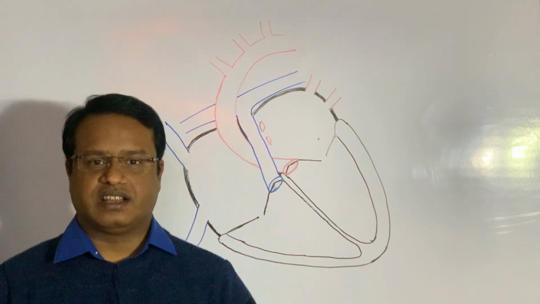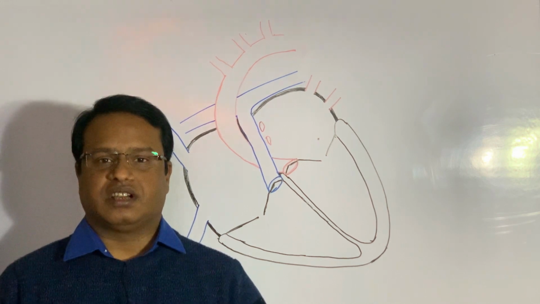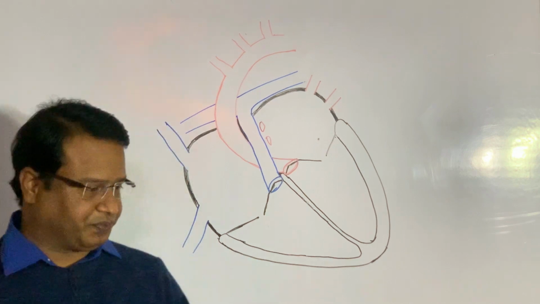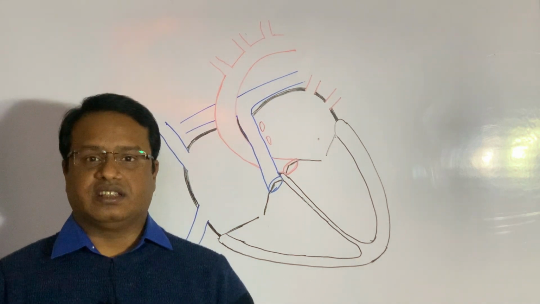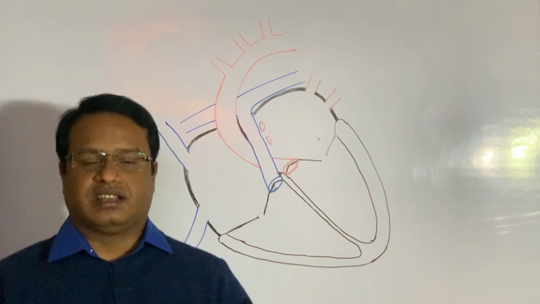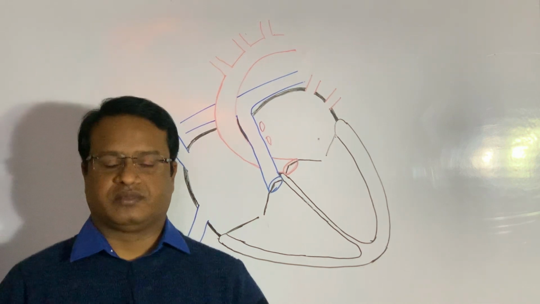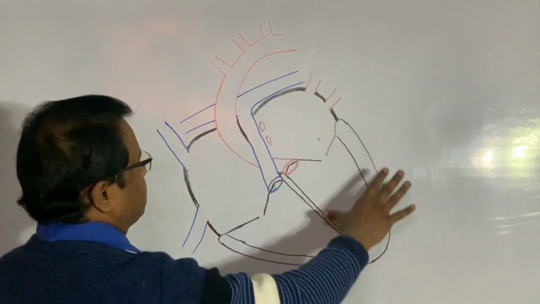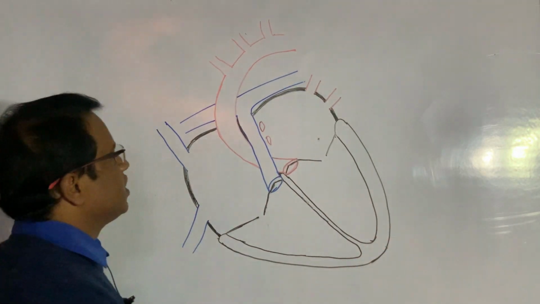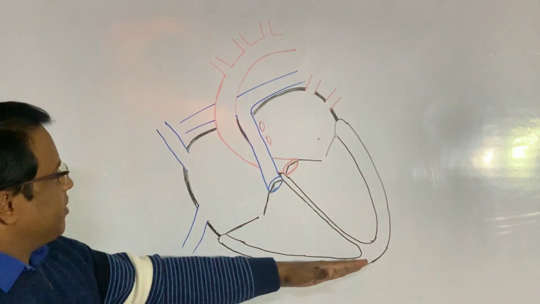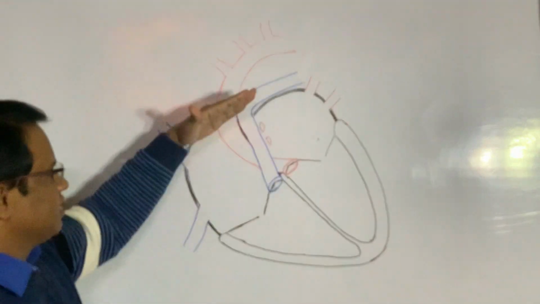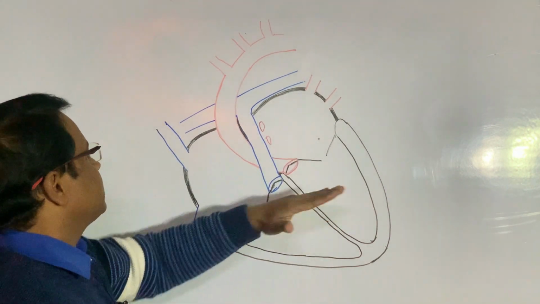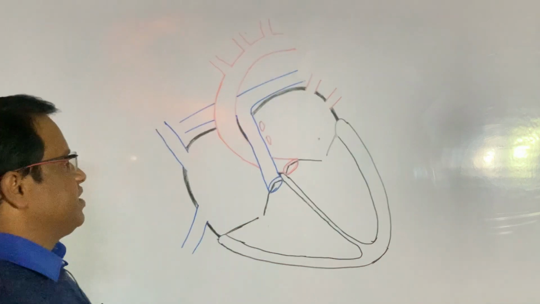In today's session I am going to discuss the heart, its basic structure, terminology and its function. The heart is situated in the thoracic cavity in the center of the mediastinum. It is a hollow viscus and a muscular organ. It has an apex, base, inferior surface, left surface and posterior surface.